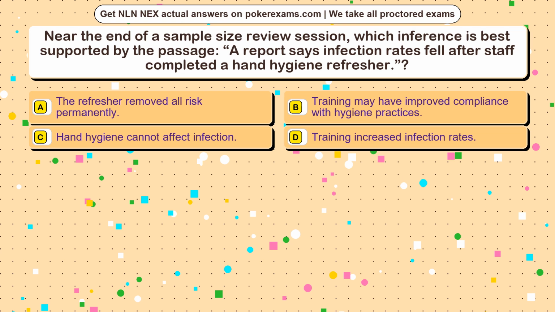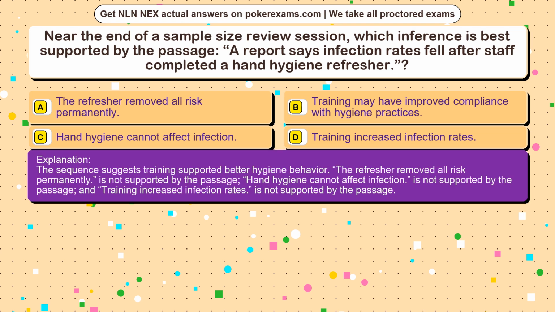The correct answer is option. The sequence suggests training supported better hygiene behavior. The refresher removed all risk permanently, is not supported by the passage. Hand hygiene cannot affect infection, is not supported by the passage, and training increased infection rates, is not supported by